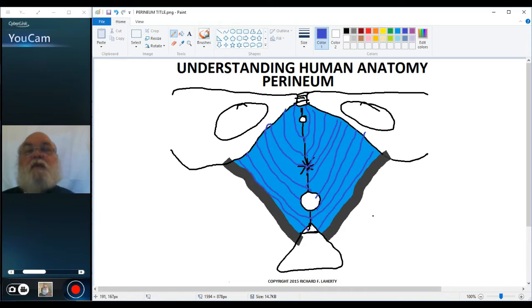Like so. Now, in the urogenital triangle, we have a layer of muscle, and these are thin muscles, but they